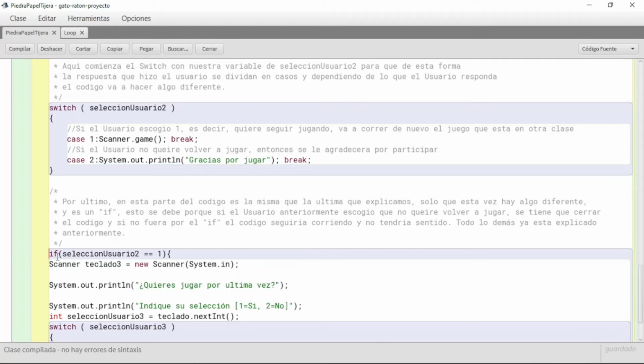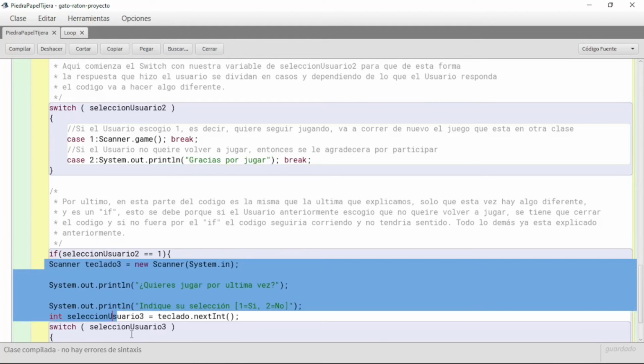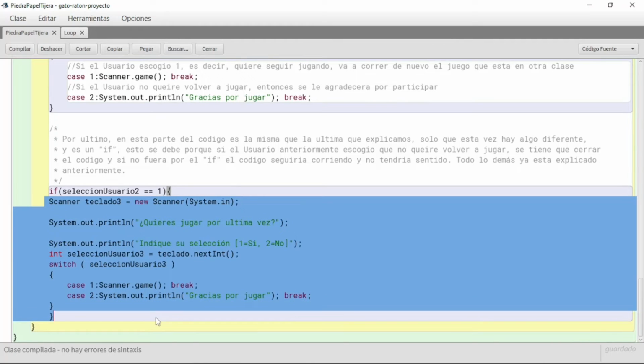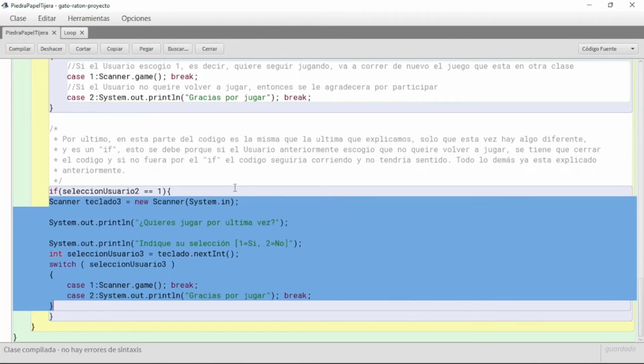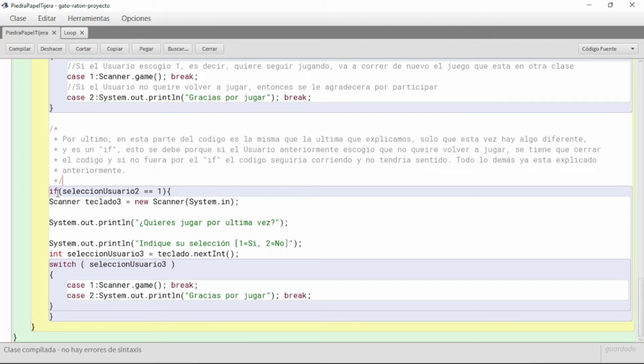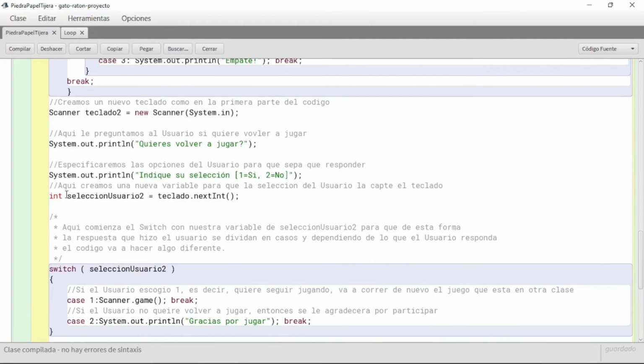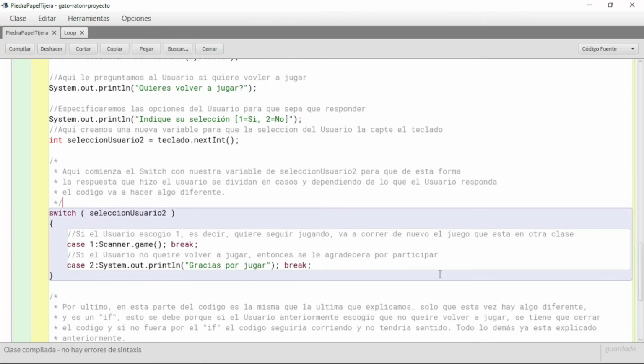But without this if, this whole thing will keep running, and that's not what we want to do. So it says if selección usuario 2, that is this one, your selection here in this question of if you want to play,